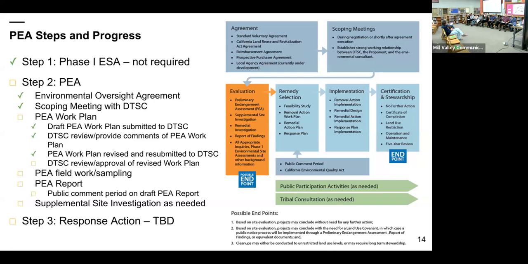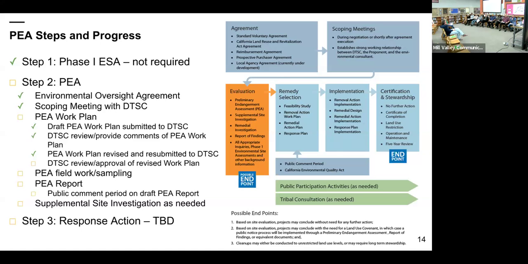We had a scoping meeting with DTSC to discuss the site history and a broad general approach to the investigation. And we are currently at the PEA work plan, where we outline exactly what we're going to do: the type of samples we're going to collect, how many, the locations, and what we're going to analyze for. And then that work plan is submitted to DTSC for review and comment. Because the site also has the LEA as a regulatory agency, they also have a say in our investigation. So the work plan